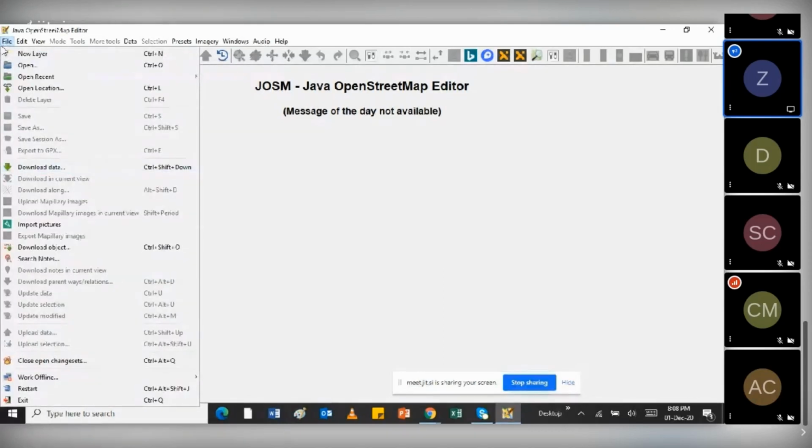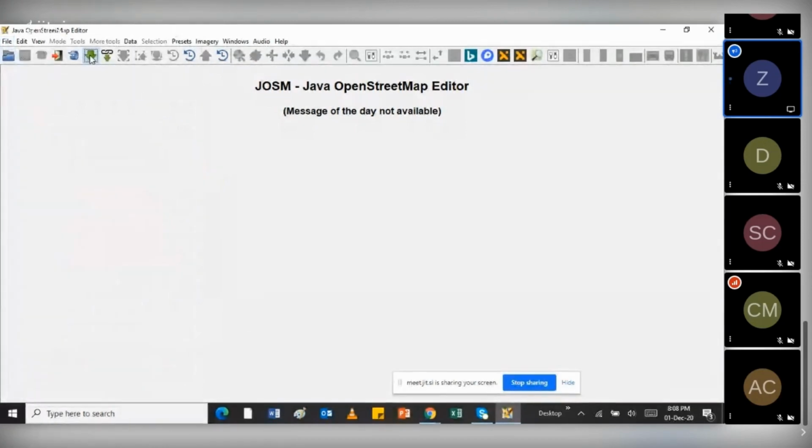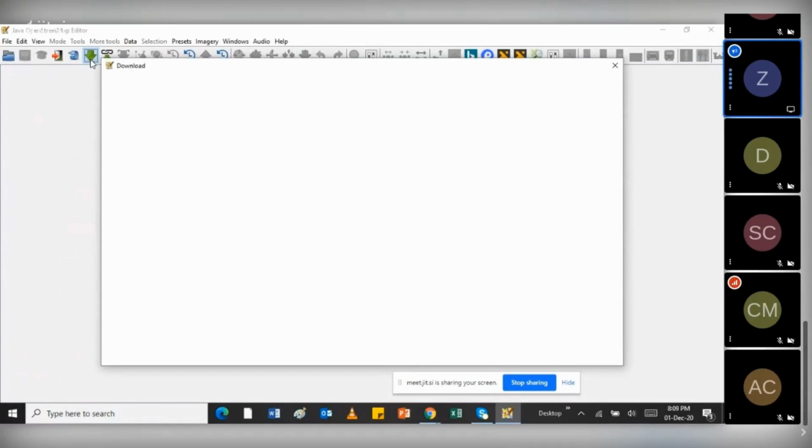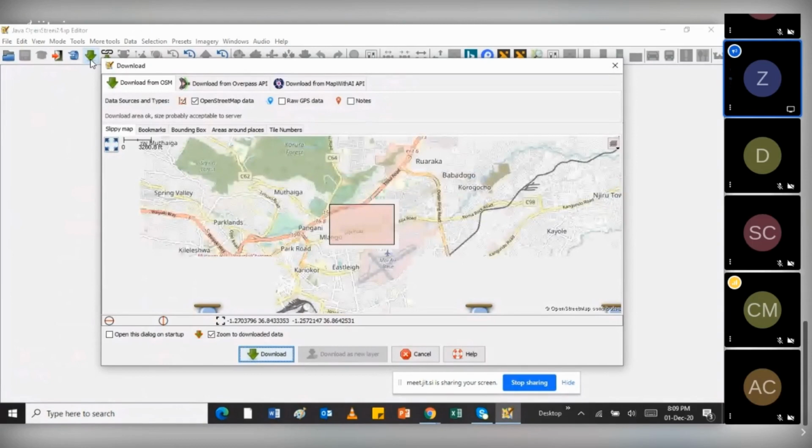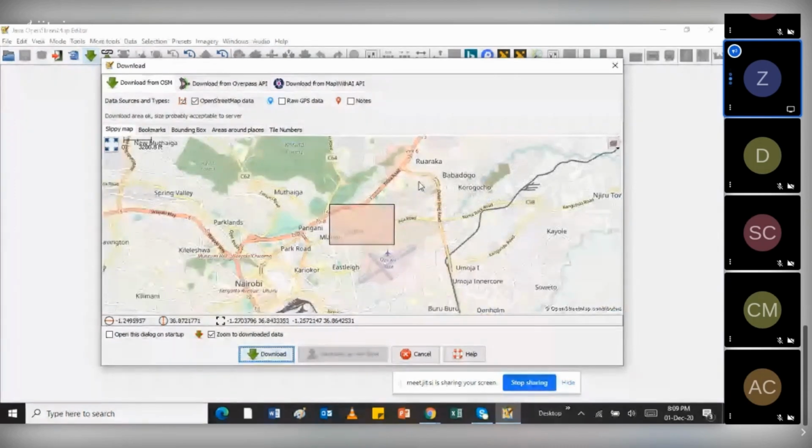So I'll just click on download. Then you'll notice, as I mentioned, this is a bit different. It will bring me the map of OpenStreetMap. Now I have to select which specific area I want to make my edit.